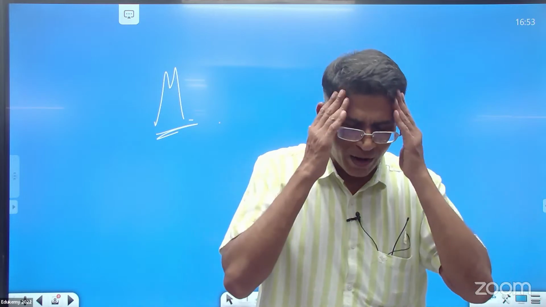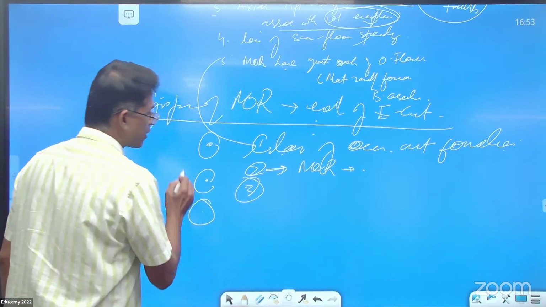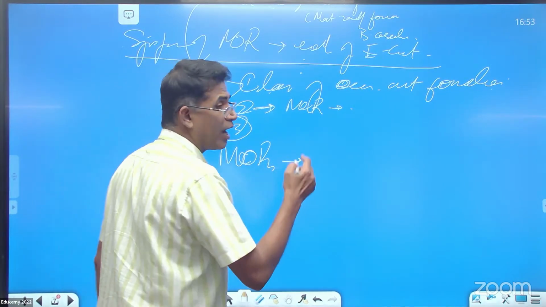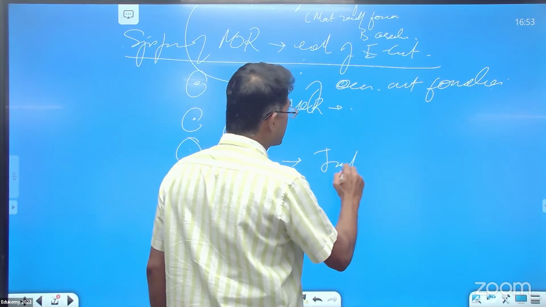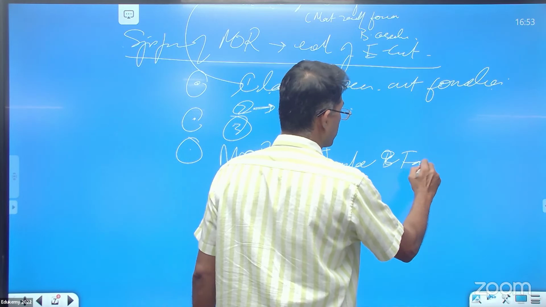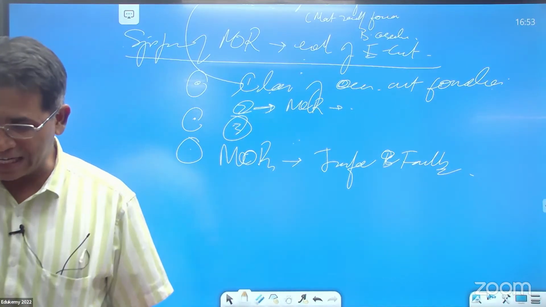Acha, I forgot one point. I'm so sorry. एक point हम भूल गए features में. Okay, that the Mors, with their transform boundaries, with the transform faults. Yeah, I forgot this point here. Yeah, add karo. Mors with their transform faults